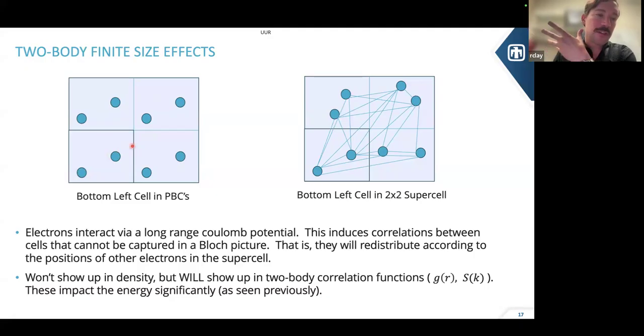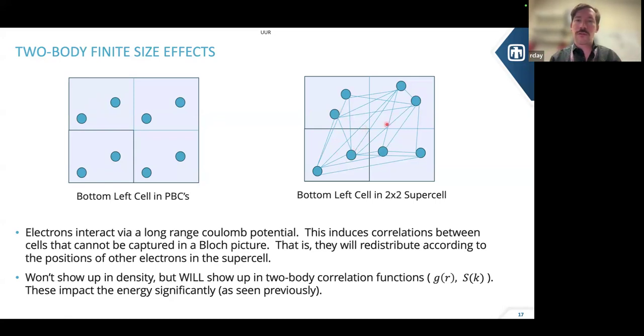But what happens is, actually, yeah, this is a well-posed problem. I can compute all the orbitals with Bloch's theorem. I can compute all the electrostatic interactions with something like Ewald or optimized breakup. But let's say that I take the exact same system and just tile it to a 2x2 supercell. And if we go from 2 to 8 electrons,